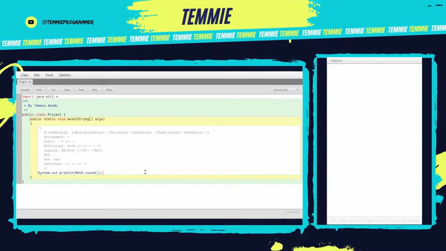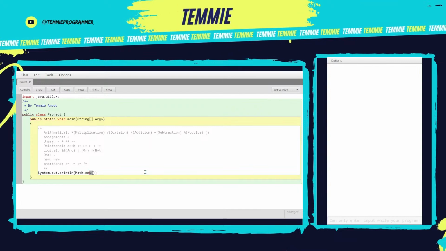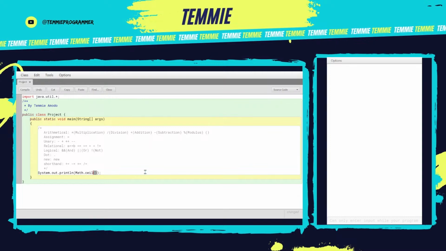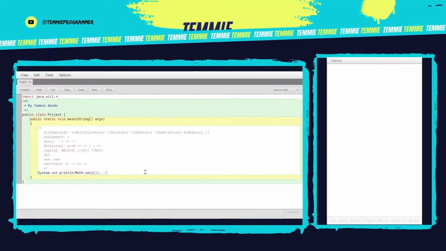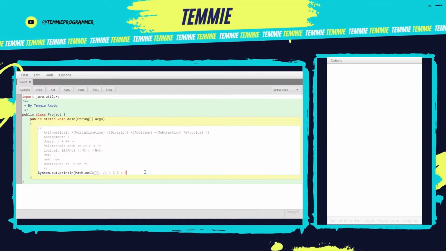Yeah, so that's that. Then we have Math.ceil. What does ceil mean? Ceil means ceiling. So it basically goes ahead in the number line. If you've ever seen a number line, then we have 1, we have 2, 3, 4, 5, 6, and then we have 0,